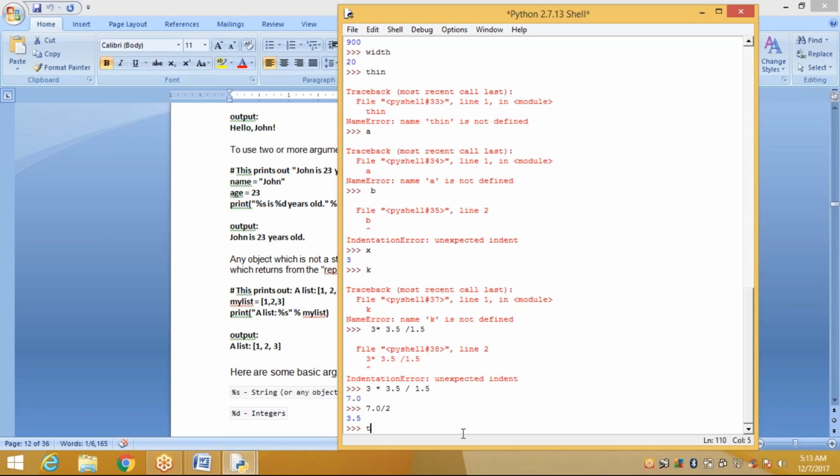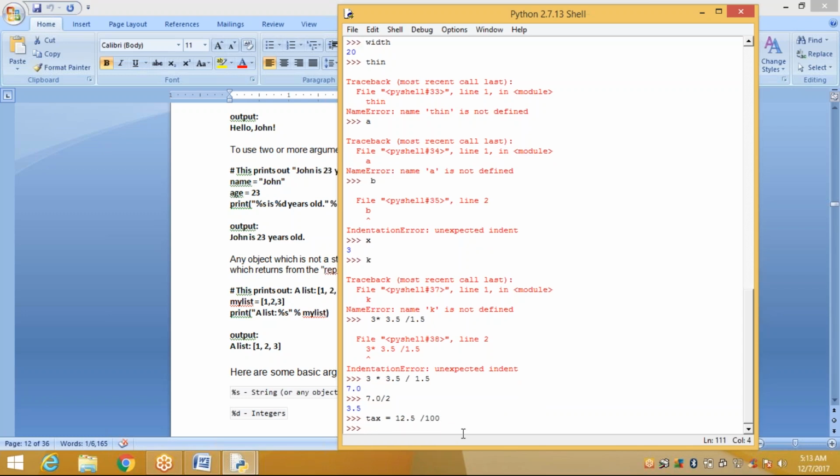For example, see here, tax is equal to 12.5%, or GST, some 12.5% or 18%, whatever it is. 12.5% divided by 100. This is the tax.